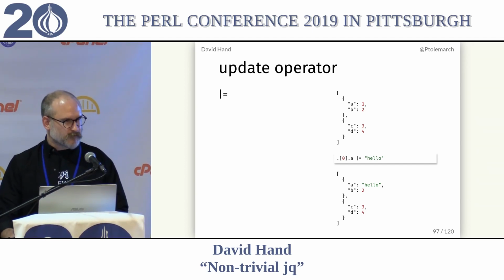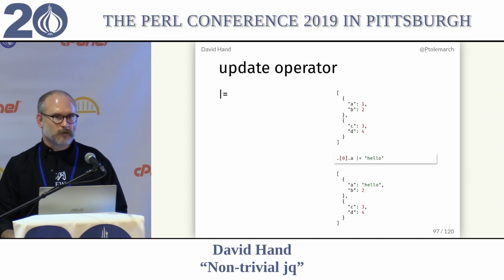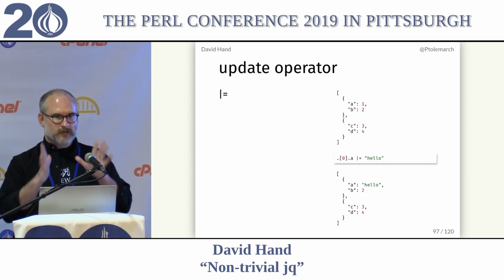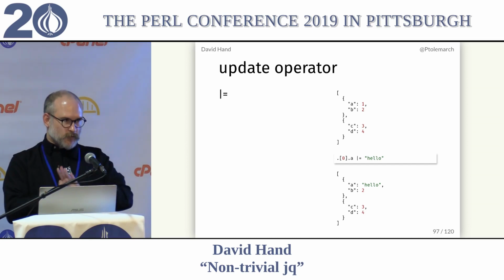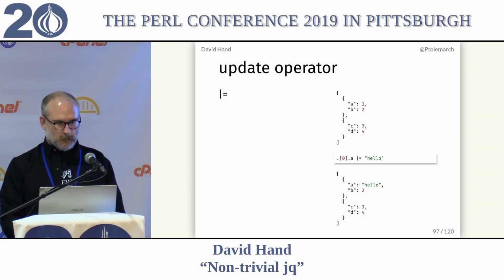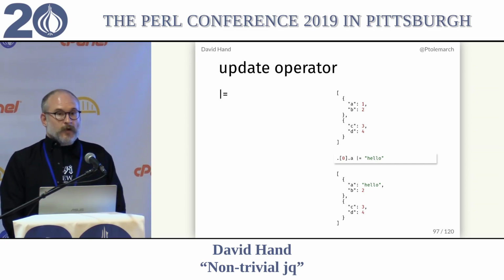Dot is different on the left hand and on the right, and dot is always different on the left hand and on the right of a pipe. And the most important thing about programming in JQ is always knowing what dot means, always knowing what it is that you're operating on at that particular moment. So, okay, now,